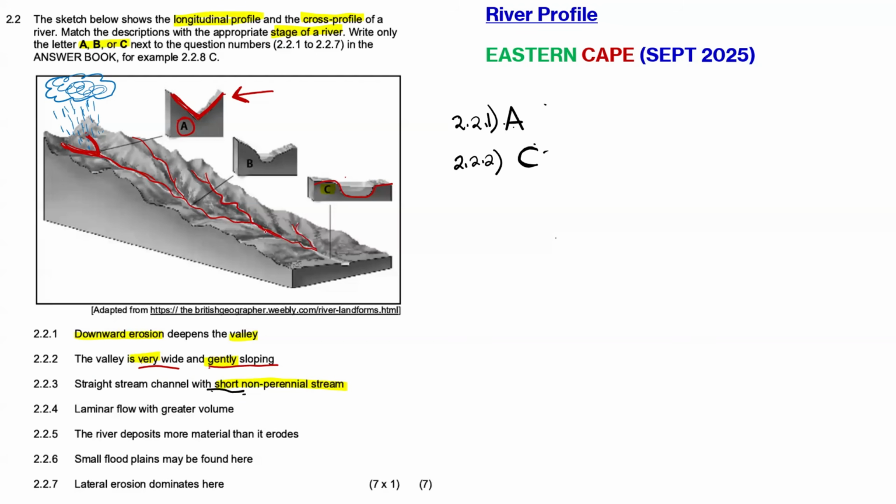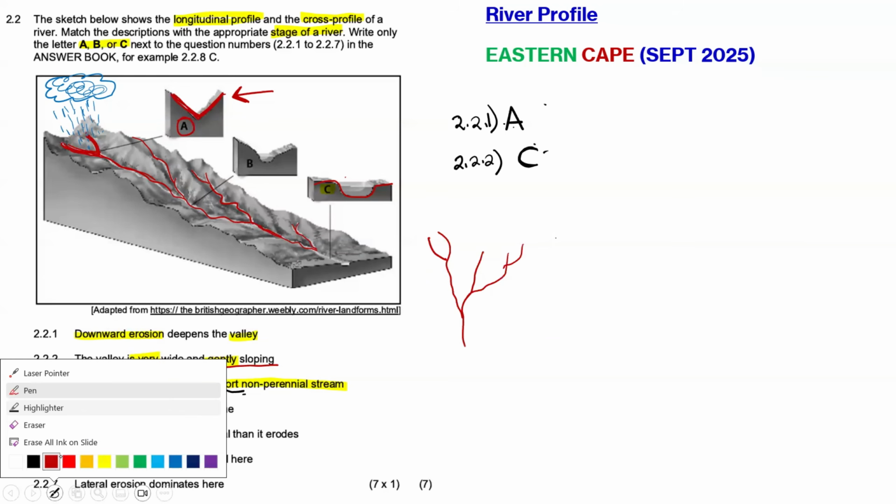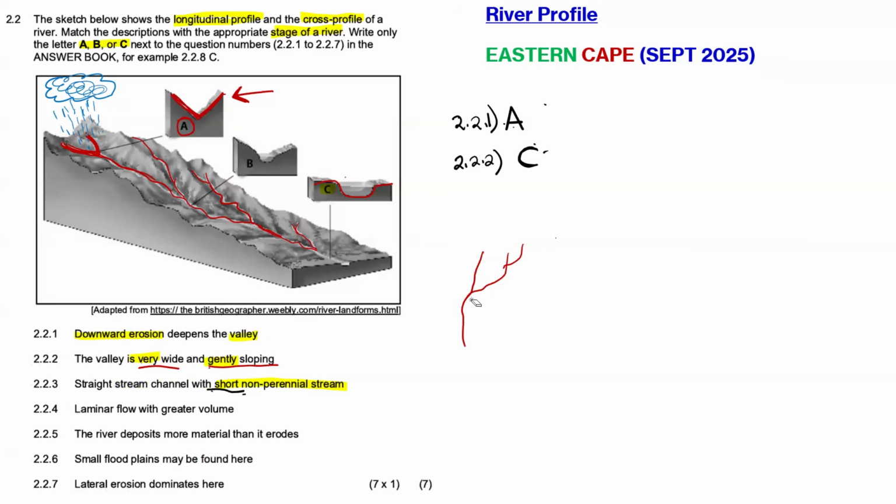This is the standard dendritic pattern. Basically, you have short streams after the water collects, and then your tributaries become longer and longer as time goes. They are straight due to that steeper gradient as well. So they are straight, and they are also non-perennial. They are not permanent, guys. Yeah, that's one of the most important things. They are not permanent.